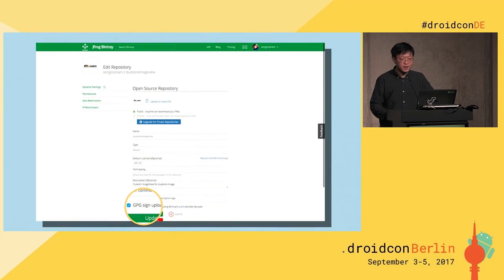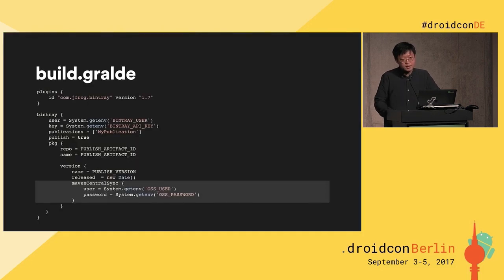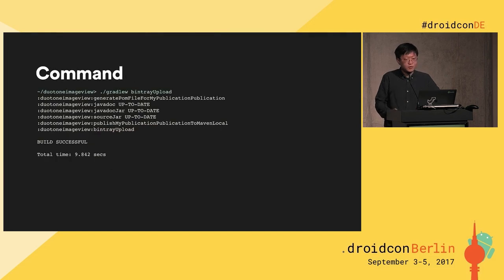To sign the artifact, you can go to the project setting and check the box for GPG sign. And then Bintray is going to sign the library. And to sync automatically, add the Maven Central user and password information. You don't have to create another ticket in Sonatype or Maven Central because your group ID is already approved. And how to release?